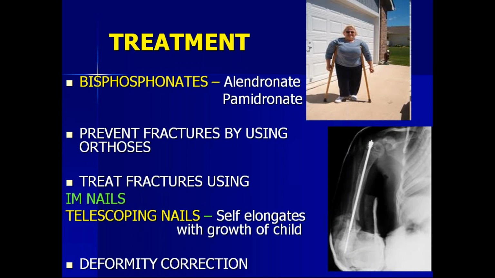If there are multiple deformities, multiple level and multi-angle deformities, you have to use what is known as the shish kebab technique, where we cut the bone wherever there is deformity and then align all of them with an intramedullary rod. Sometimes we use telescopic nails, where it is fixed on one side like a screw, and then the distal end moves with growth, causing self elongation so the nail can grow inside the child. That is the telescoping effect with the growth.